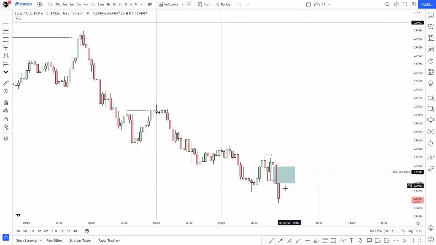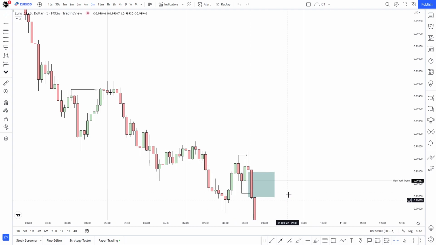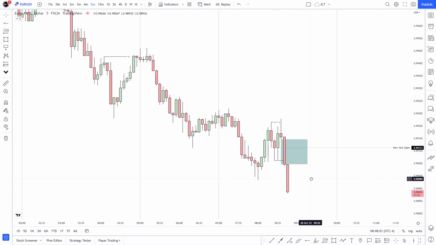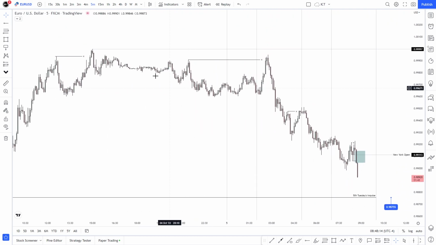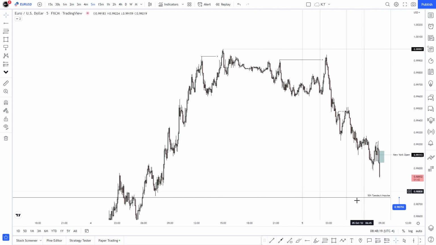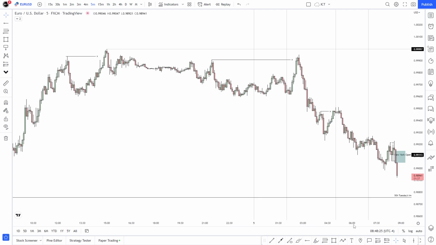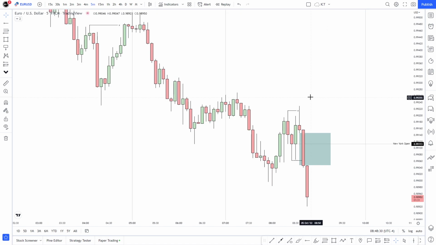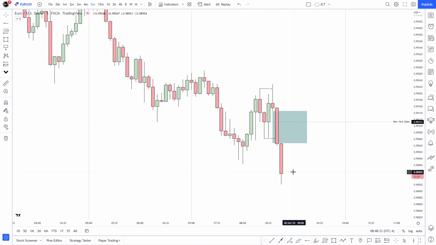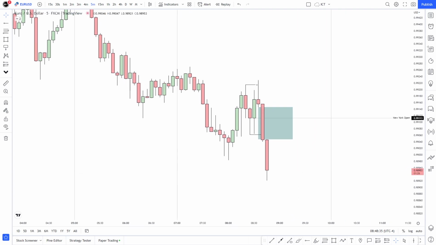So again, just expect the price to trade back into this. Whenever that happens, I'm looking for lower time frame entries. I do believe that this fair value gap will be created. We have everything that we look for. The only issue is premium and discount. I do believe that we're pretty low, but if we are on the half of the week, this could definitely be aggressive. Also, we're pretty close to the 50%, which I wanted to be a bit farther away to have a nice risk to reward ratio all the way down there, but we might not be able to. It is what it is. Just gotta wait for the lower time frame to occur, and that is pretty much it.